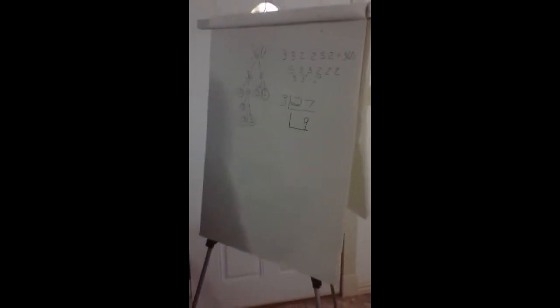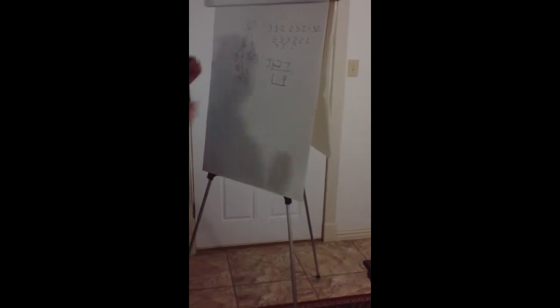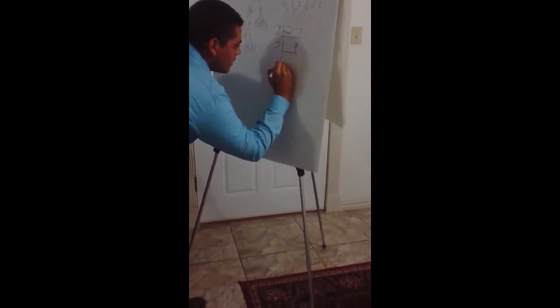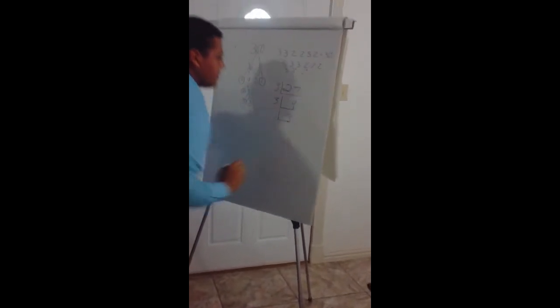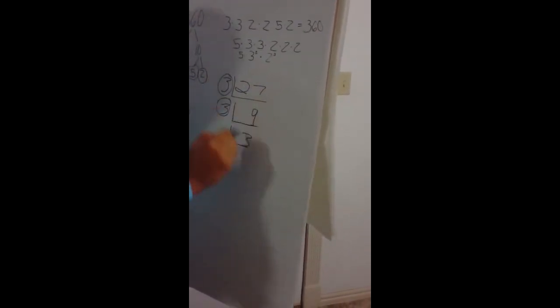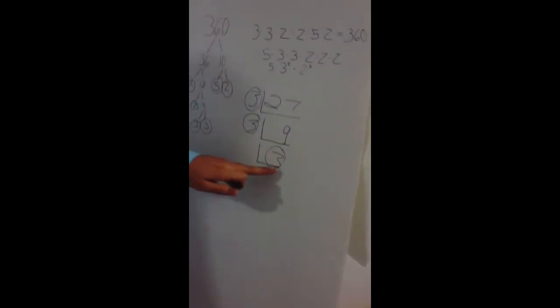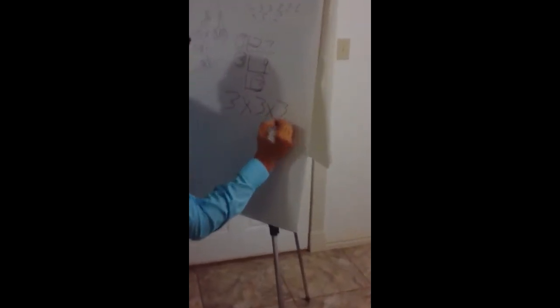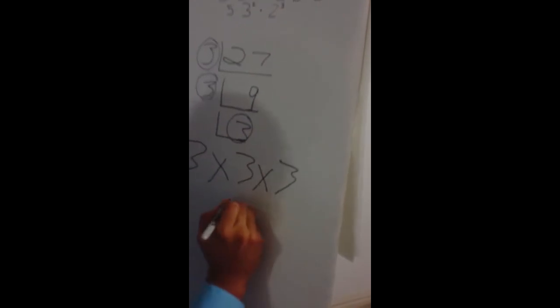What goes into 9? Right. So now 3 times 3. And then what I would do is I'd just circle the primes. And this one too, because it just so happens that it's a 3. Then you do the same thing as you did up above. You would write 3 times 3 times 3. And of course this will equal